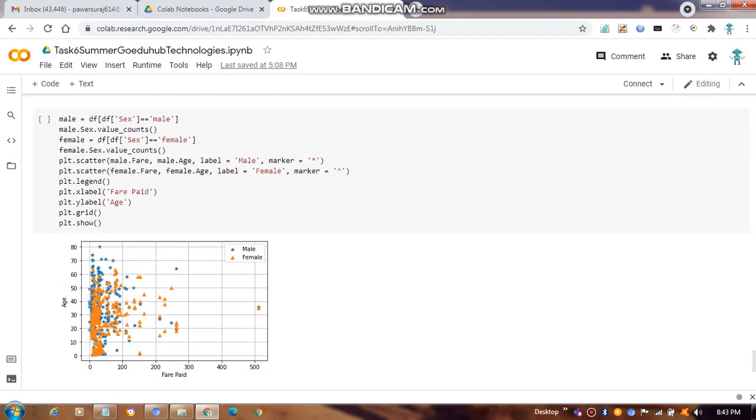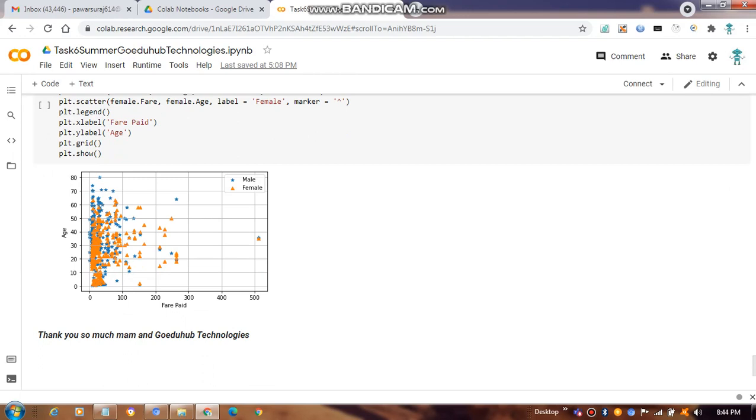After that we have df equals to, if sex equals male we count, and sex equals female we count with this. After that it's the grid plot which represents the number of males and females, a representation using visualization of the data set.